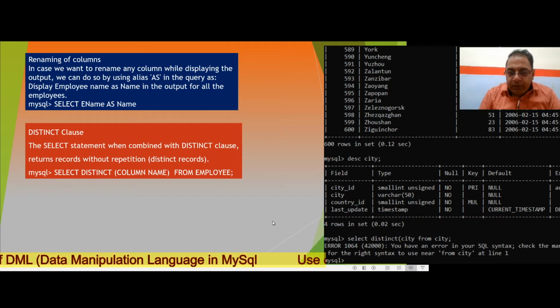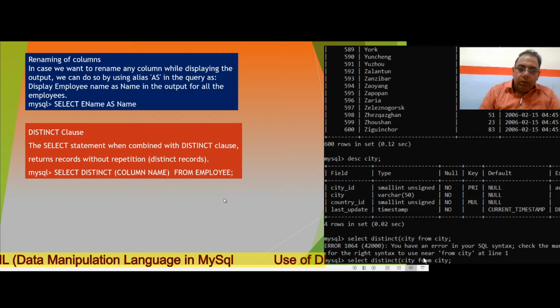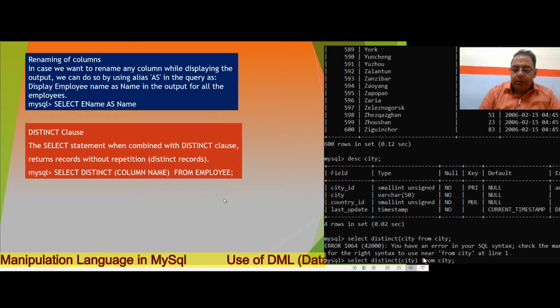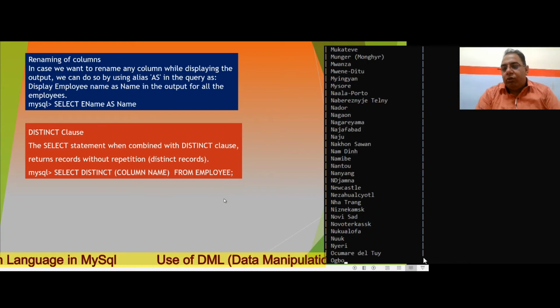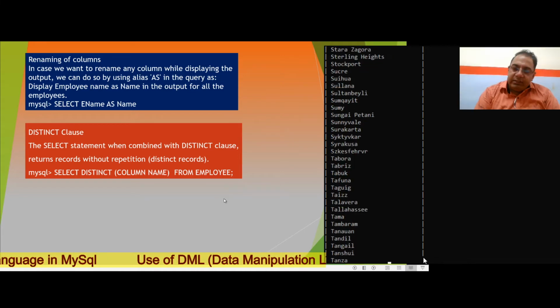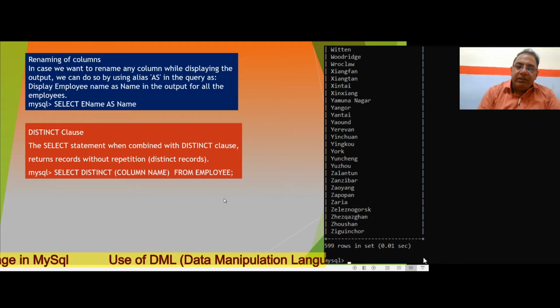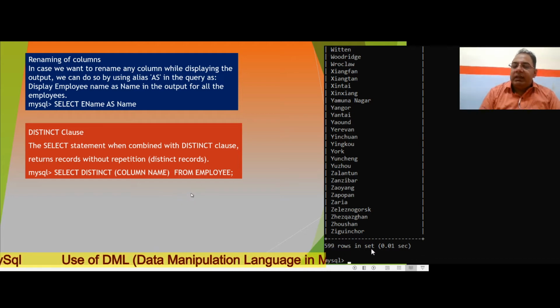Yes, I will press the, oh sorry, I forgot the brackets. SELECT DISTINCT city from city, and it will show me the state or city name, which is single time, meaning 599 rows in set.